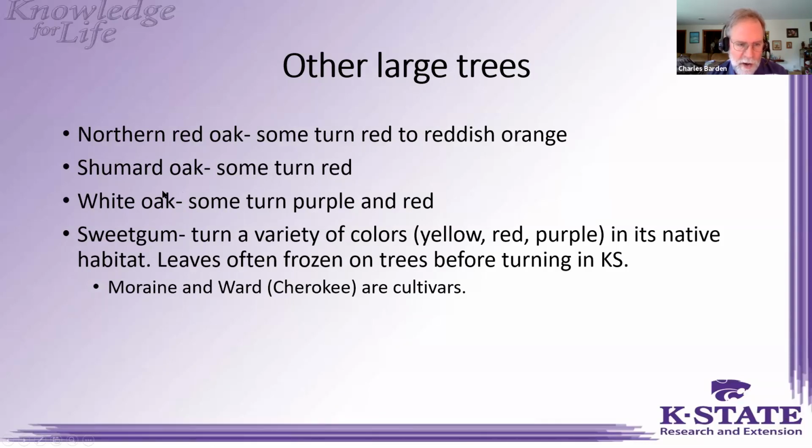White oak just barely gets into the state in terms of its native adaptation. It needs a rich soil, a little more water than the northern red oak. But some of these can just turn a brilliant, rich burgundy, purple, and red in the fall. But again, they don't all consistently turn that color. So any of the trees on this list, you want to do that selection in October at the nursery to see if they're going to color up nice.